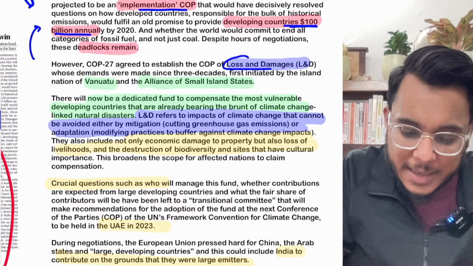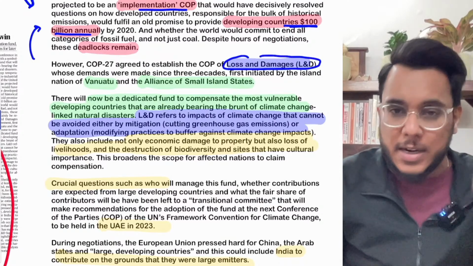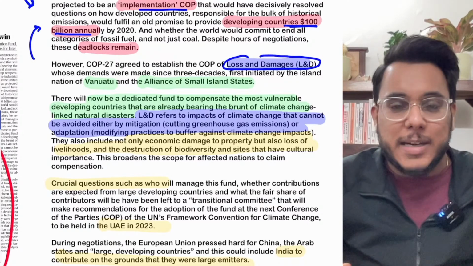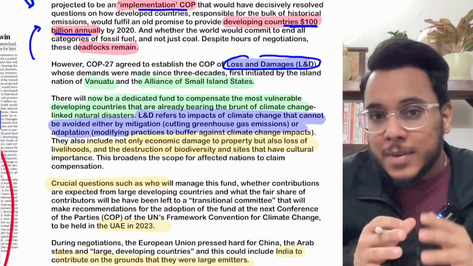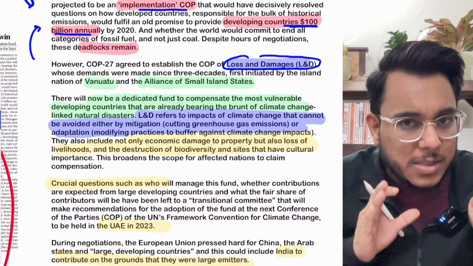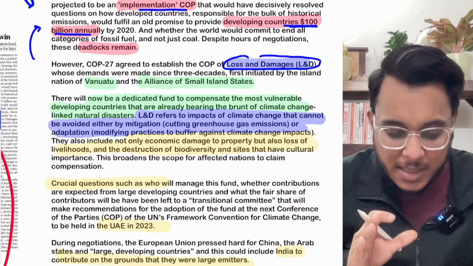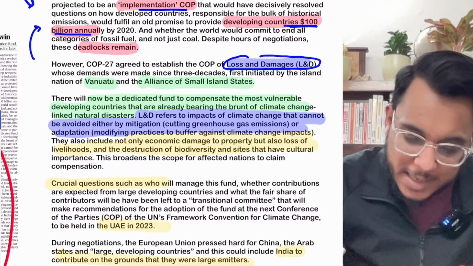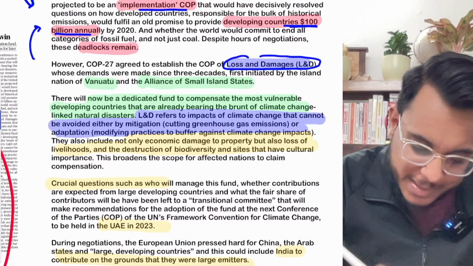Okay, so nothing has come on this particular direction, but one positive development has come, and this positive development is the loss and damage fund. Now, what is this, guys, loss and damage fund? So basically, I want to tell you a little bit of a background. Actually, since last 3 decades, since last 30 years, basically the